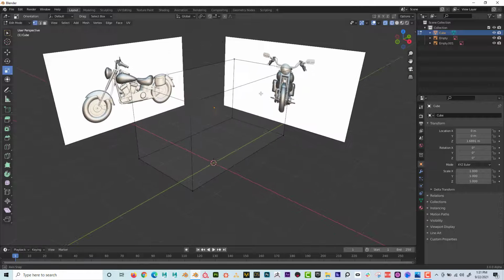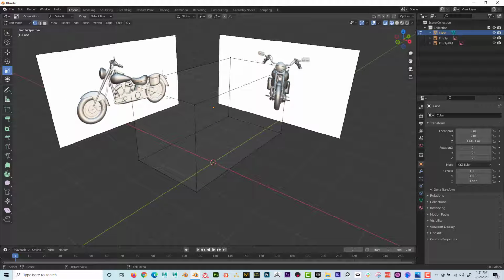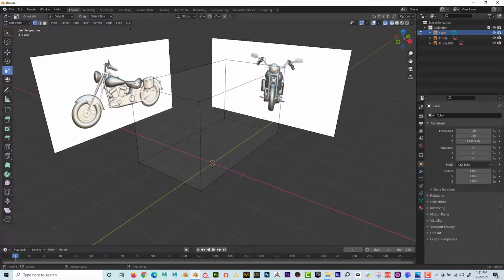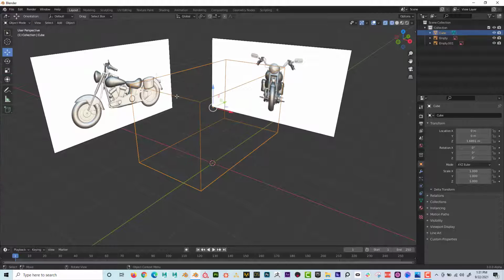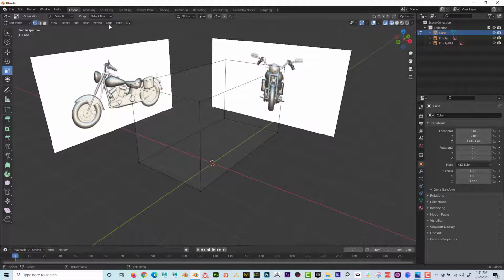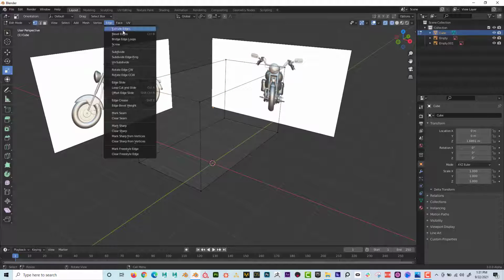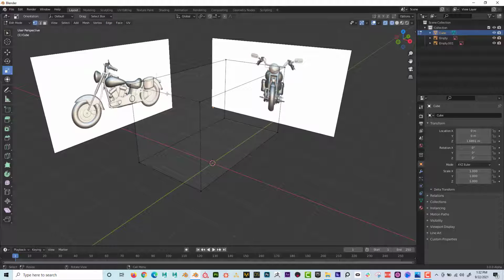So I think what I want to do is put a split down the exact center. Now to do that, once again, I'm in edit mode. And it's important that I go into object mode and select this cube if I'm going to alter the cube, as opposed to having these selected. I want to make sure that this cube is selected. Then I can press tab and enter edit mode. And if I go to edge, I can see there's something called loop cut and slide. And I can see the shortcut is Control R, and that's something that we're going to be using quite a bit. So if I click on that, and if I click on an edge,